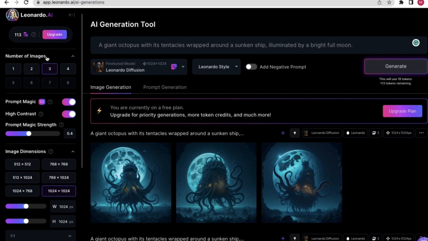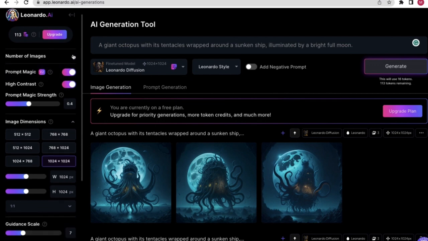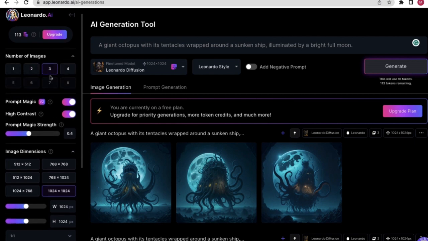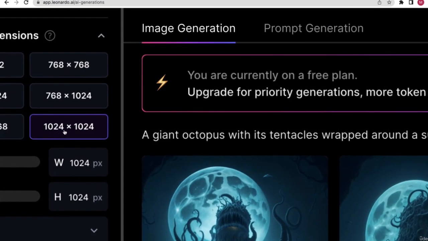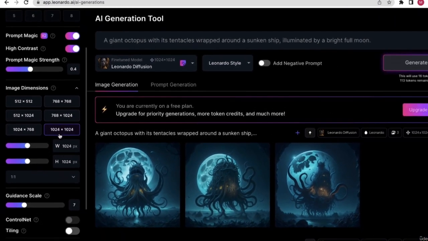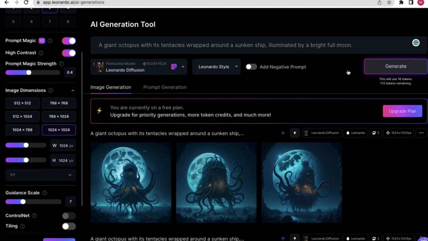First is the number of images, and in every one of these settings you will see this arrow. If you want to close this number of images setting, you can just click here and it will be closed. Now you might be confused, as we have already said that 3 images require 3 tokens, but it also depends on the settings you choose. Right now you can see 1024 by 1024. This is the dimension which we have kept,